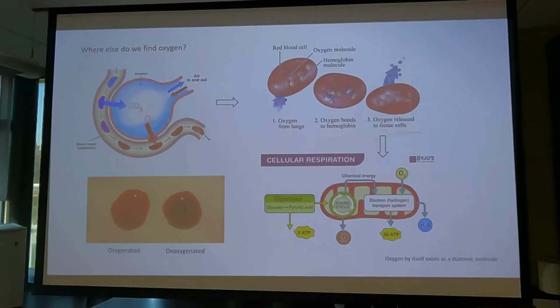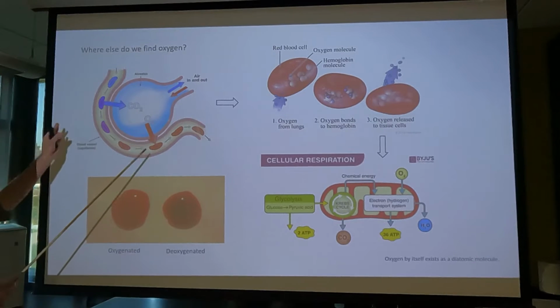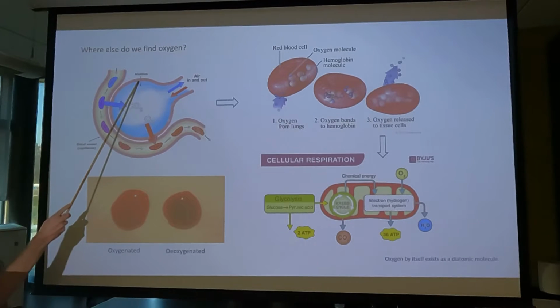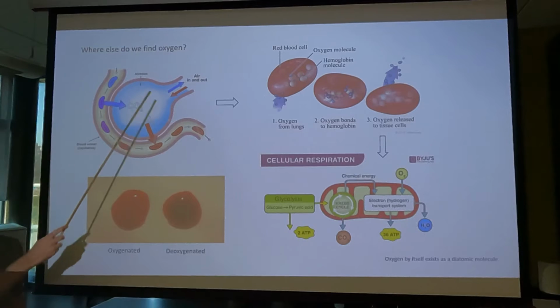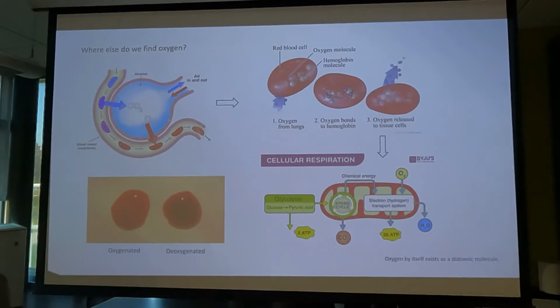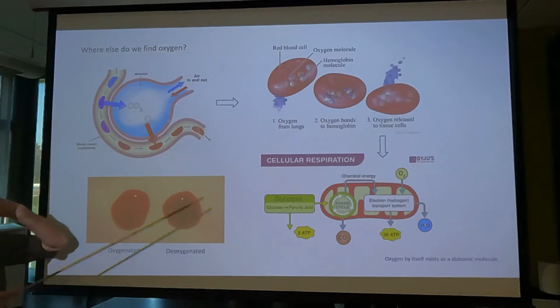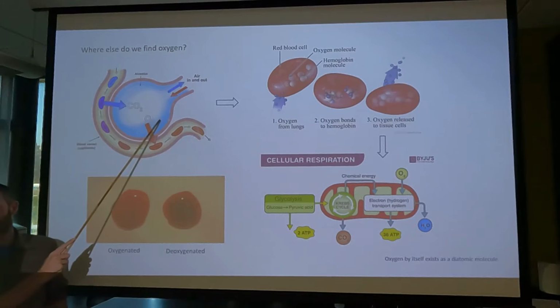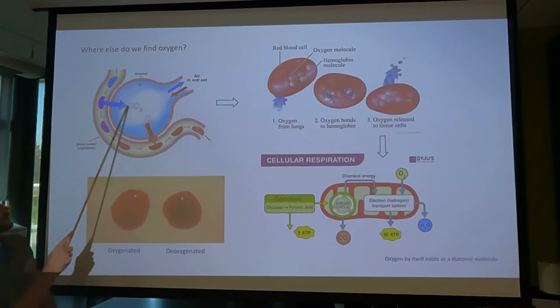Where else do we find oxygen besides the water? Well, you said in the red blood cells, and that's correct. This is an image up in the lungs. This is an individual air sac, which we call an alveolus. Has anybody heard that term before? Alveoli, or singular, alveolus. That's a microscopic air sac in the lungs, and the lungs are made up of millions and millions of these individual alveoli. When you breathe in, the air goes through the respiratory tract, through the respiratory tree, and it ends up in these alveoli, which are dead ends. So the air comes down here and it circulates.